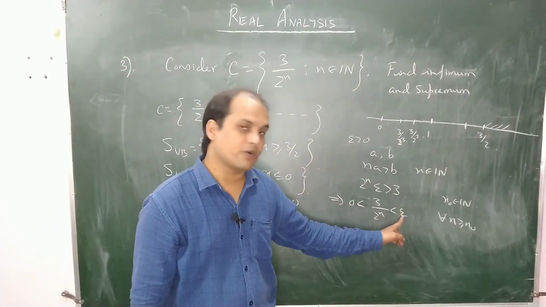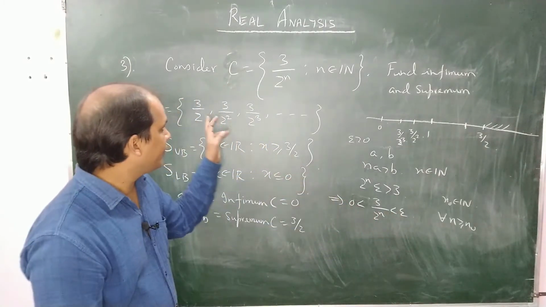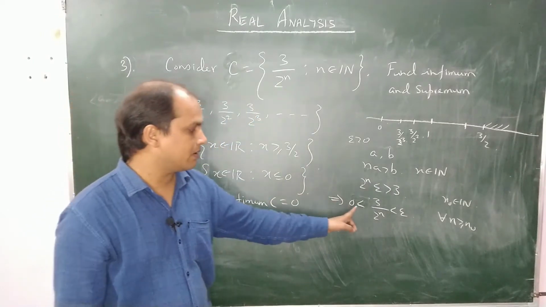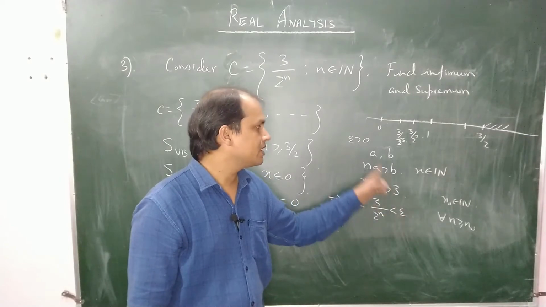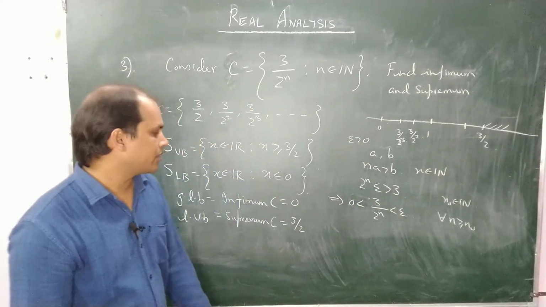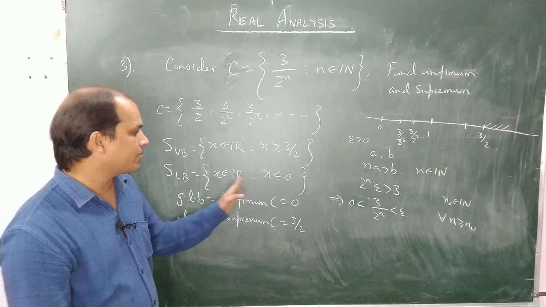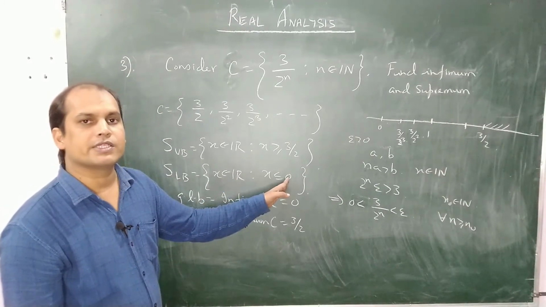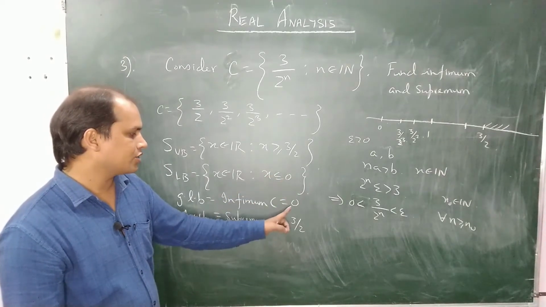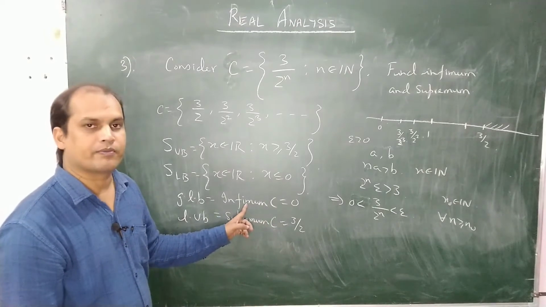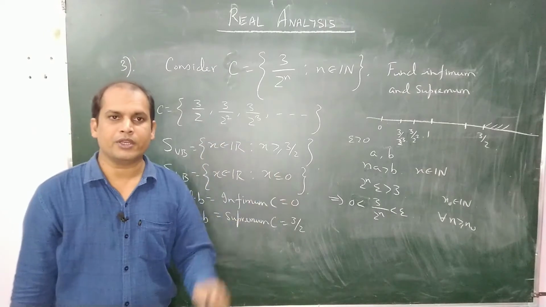And if epsilon is a lower bound, then this epsilon should be less than or equal to every member of this set, but this is not happening here. So any epsilon greater than 0 will never be its lower bound. This is the reason why we are claiming that the set of all lower bounds starts from 0 and will always be less than or equal to 0. And among all these lower bounds, the largest one is called the infimum. So you can pause this video and note it.